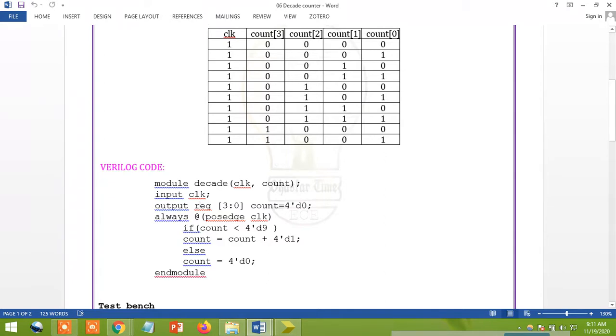And next, these three statements are common. After that, always at positive edge of clock. Carefully see, if this is my final count, 1001, this is 9.